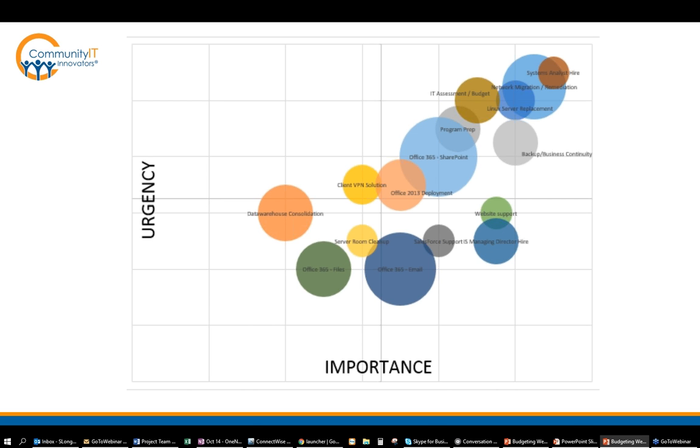So this slide, versus the slide we just looked at with the run, grow, transform matrix idea, and this slide on necessary versus nice to have, I think show the two sides of the coin we're talking about. Oftentimes when clients ask us what we think they should do with their network in the next one to three years, we list a bunch of things, and we sometimes put them in categories: these are necessary, you have to do these things, and these are nice to have. That's a shorthand for ways of thinking about things.